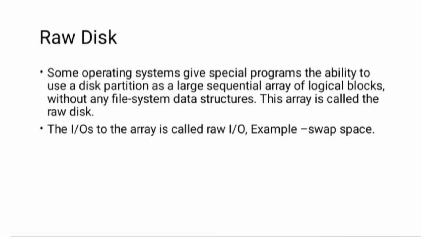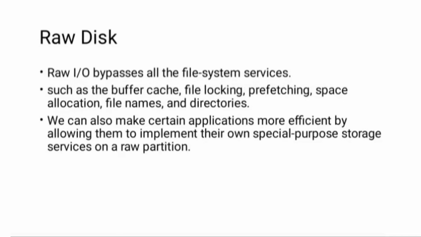Raw disk. Some operating systems give programs the ability to use a disk partition as a large sequential array of logical blocks without any file system data structures. This array is called a raw disk. The input output to the array is called raw input output. Raw input output bypasses all the file system services such as buffer cache, file locking, prefetching, space allocation, and file names. We can also make certain applications more efficient by allowing them to implement their own special purpose storage services